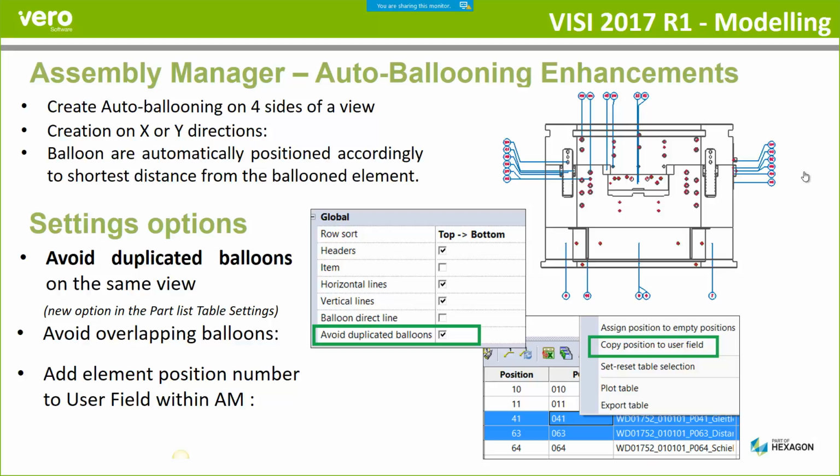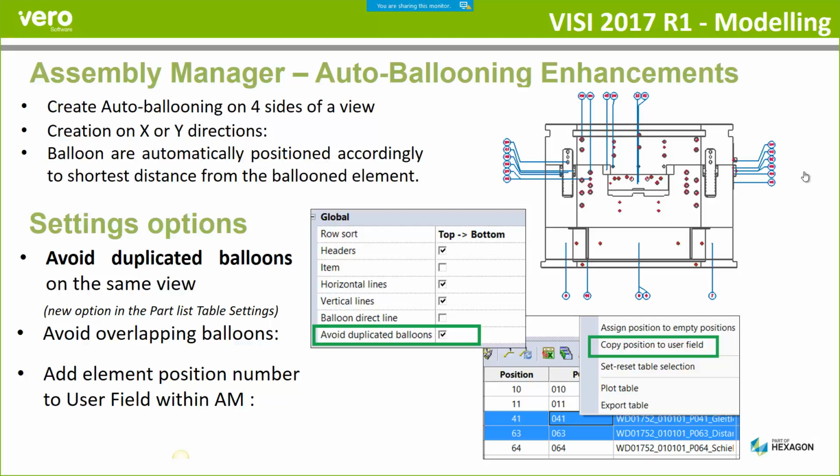Also then we've done a bit of work. It's been a bit of a long time coming, to be honest. Quite a few people have asked for this in the past. Within the assembly manager, we've done some work to improve the results for the auto ballooning. The positioning's been the problem really with the auto ballooning, so we've done a bit of work on positioning and also added a bit more